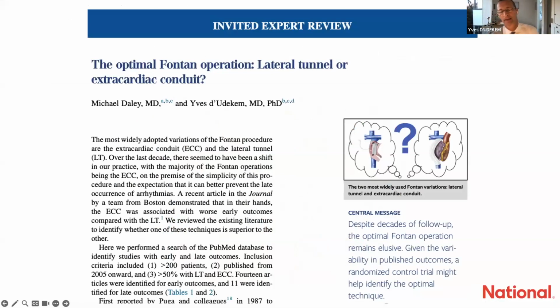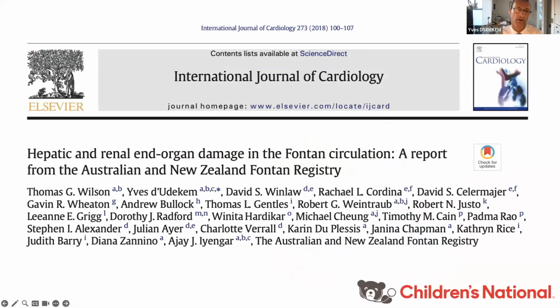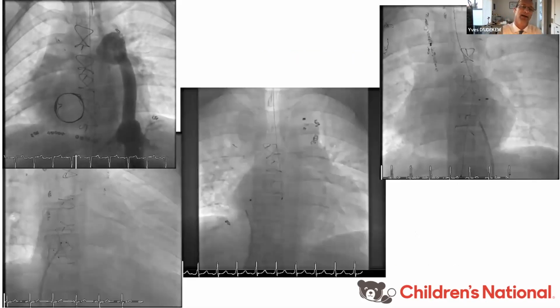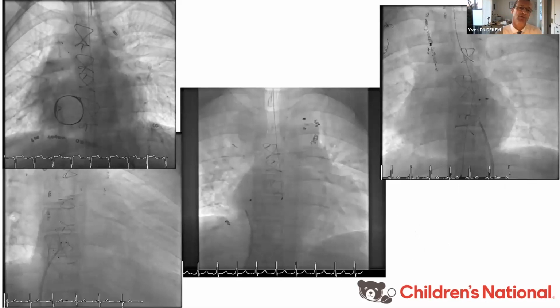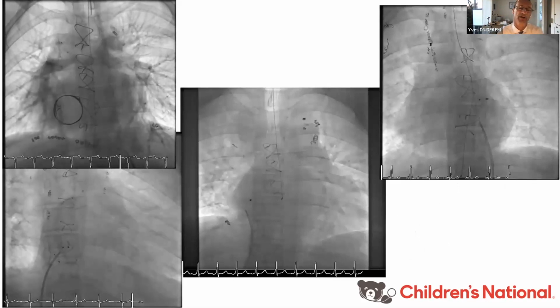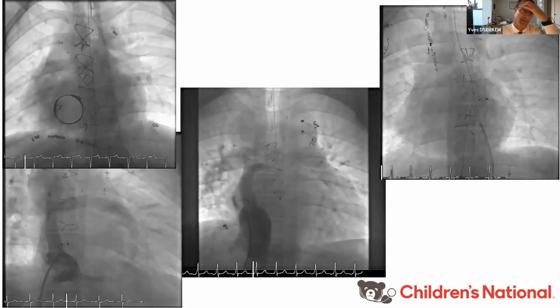And as Arnaud mentioned, I started to have some doubt about the extracardiac conduit, because I did some liver studies, and I saw undoubtedly that in these liver studies, the extracardiac conduit patients had more liver fibrosis. I've been doing extracardiac conduit my whole life, and I was convinced it was the best operation. Then I came to Washington, D.C., and they had put in a lot of 14 and 16 millimeter conduits. So I started to see these images of narrow conduits with dilated IVC, and a few of them had quite an impressive